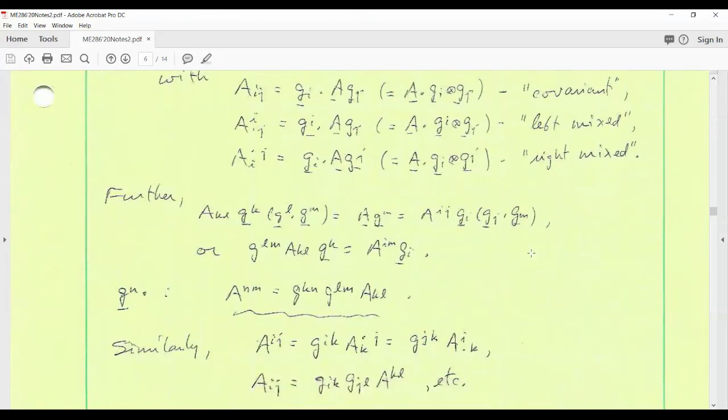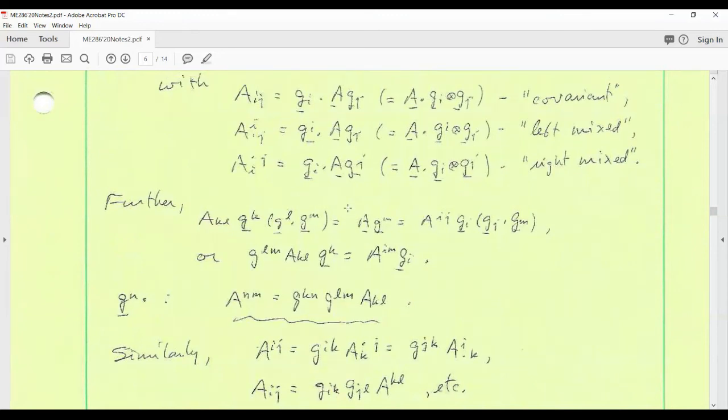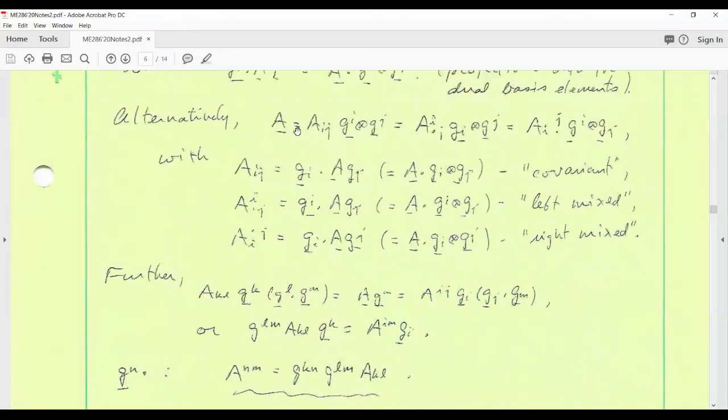We can relate those components to each other just as we've done in the case of vectors. So for example, let's take this representation of a tensor with subscripted components and operate on an element of the dual basis G super M, okay? So we have this representation of A G super M. Alternatively, we can take the original representation, operate,